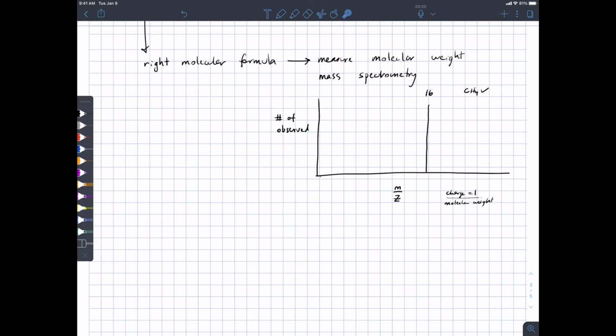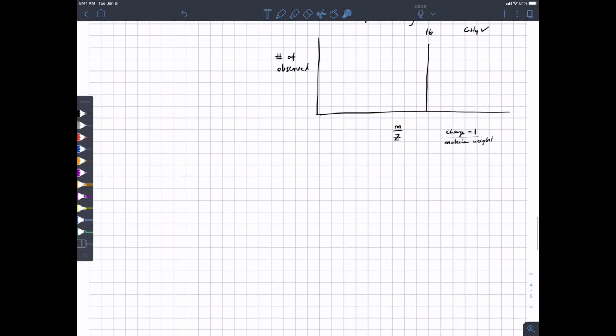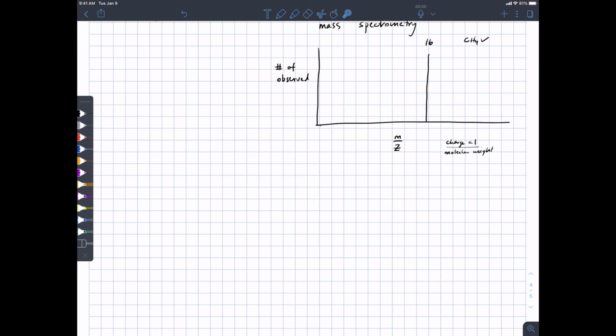There's one additional detail that can be useful, and that is that in mass spec, you're seeing individual particles, not averages. I don't know if you remember learning in general chemistry how the reason we say that the molecular weight of carbon is 12.011 is because most of the carbon in the world is carbon 12, but some is 13 and some is 14. And this number is a weighted average of all of those. In mass spec, you're going to see what are called monoisotopic peaks. That is, you're going to see a peak at 16 where all of the carbons are carbon 12 and all of the hydrogens are